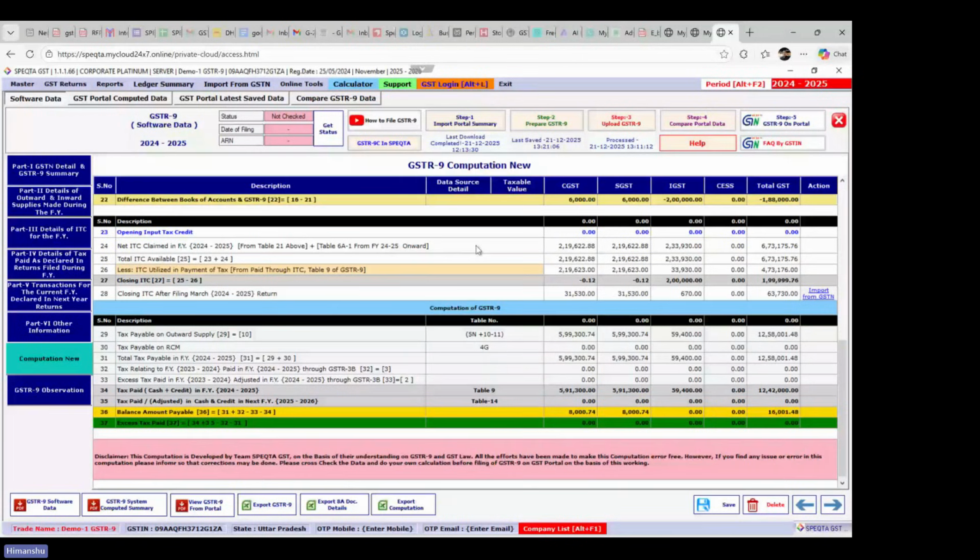ये आपका क्लोजिंग बैलेंस नॉर्मली एज पर बुक्स होना चाहिए, ठीक है। ये बुक्स की ओपनिंग डाली, लेकिन ड्यूरिंग द ईयर पोर्टल पर कितना आपने क्लेम किया, कितना यूटिलाइज किया और बुक्स के हिसाब से क्या बचा। ये आपकी बुक से मैच करना चाहिए। यहाँ पर ये जो 28 नंबर पे दिया है बेसिकली इसका पर्पस ये है कि पोर्टल पर मार्च का रिटर्न फाइल करने के बाद क्रेडिट लेजर में बैलेंस कितना बचा ये दिखाने के लिए है। हो सकता है ये आपका मैच कर जाए,